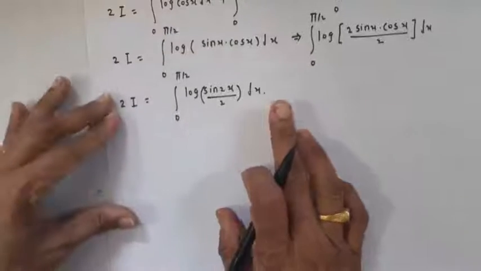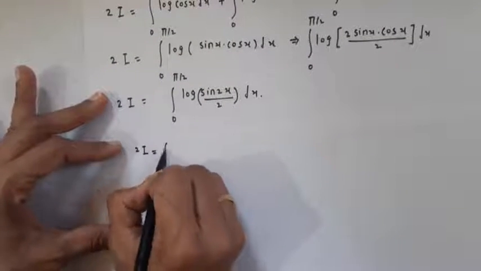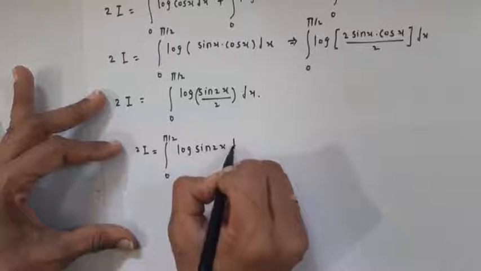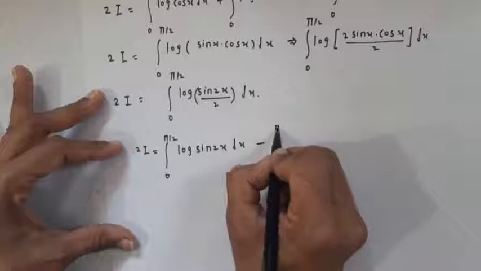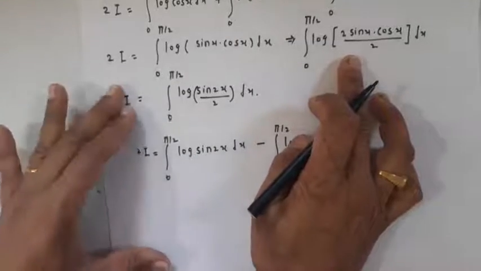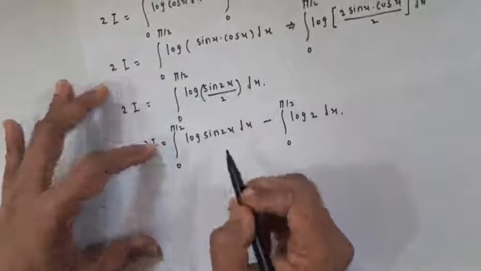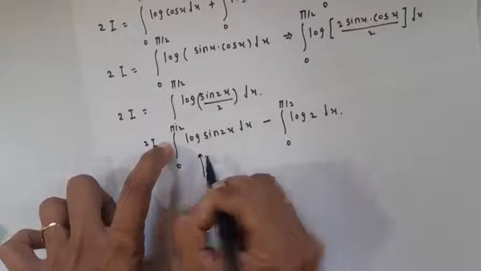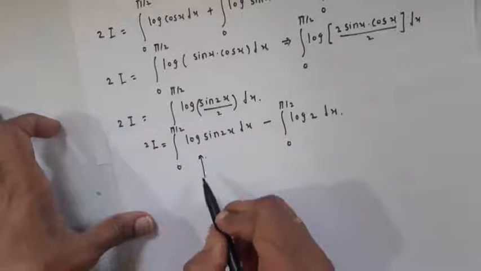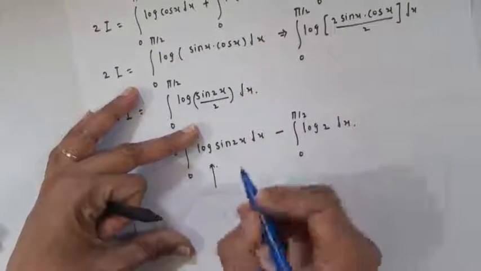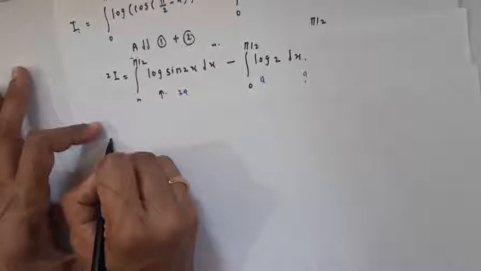Again by using rules of logarithm, we can write 2I equals the integral from 0 to pi by 2 of log of sin 2x dx minus the integral from 0 to pi by 2 of log of 2 dx. Now for the log of sin 2x integral, by using a property, we can solve; the second integral we can solve very easily, but for the first integral again we have to apply a property. Which property? The property is that...